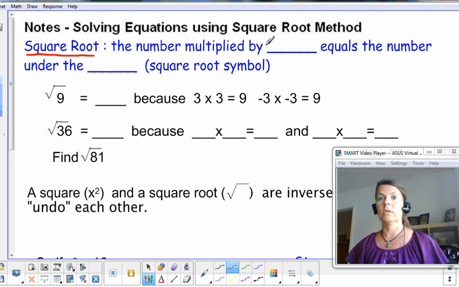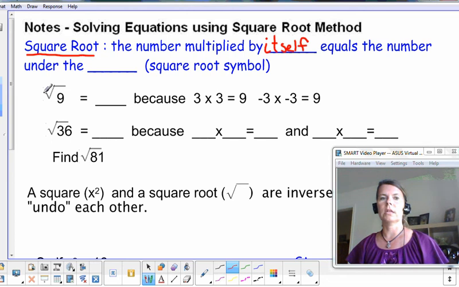in with a pencil so you can erase it, even though you can take notes with pen. Right now might be a good time to use pencil. And the word is the number multiplied by itself. How many of you got that right? How many of you came up with itself? Okay, so a number multiplied by itself equals the number under the, anybody know what that square root symbol is